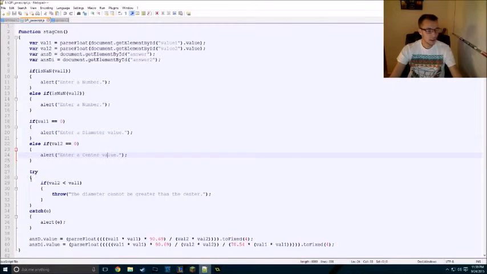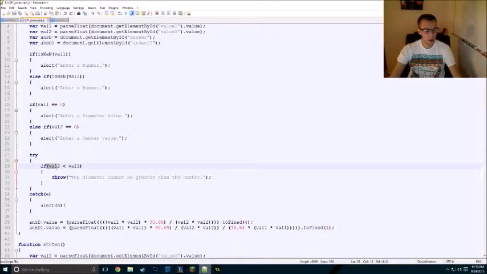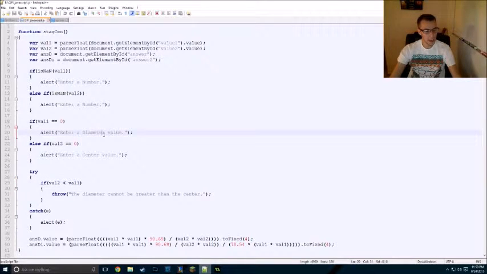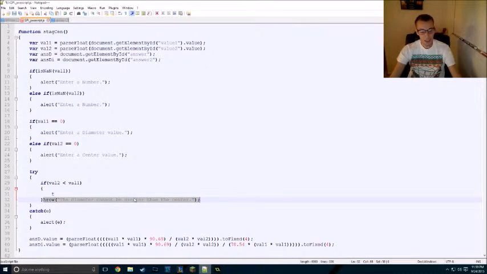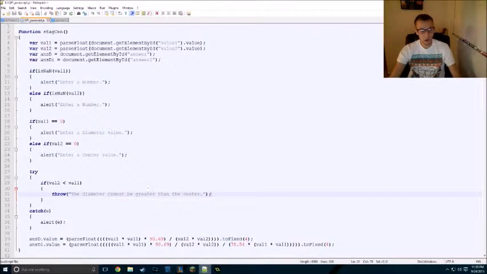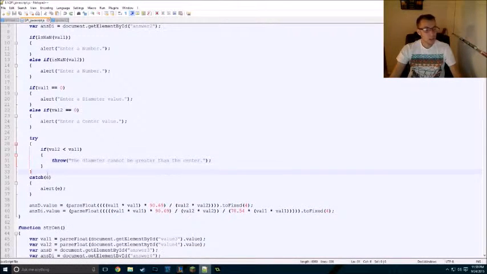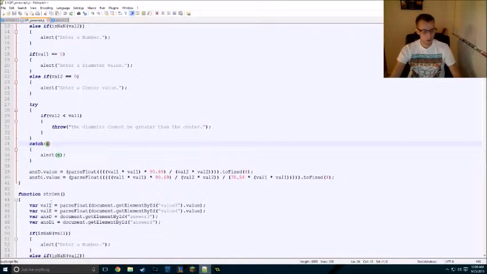After that, I say, okay, try this. If value 2 is less than value 1, so if the diameter is greater than the center, throw an error message saying the diameter cannot be greater than the center. We're going to catch E, and then we're going to alert E. So this is what E is, and then it's going to catch it, and if it's wrong, if it's false, it's going to alert it. Now down here we actually do the calculation, and this I'm going to zoom in on so it's easier to see,